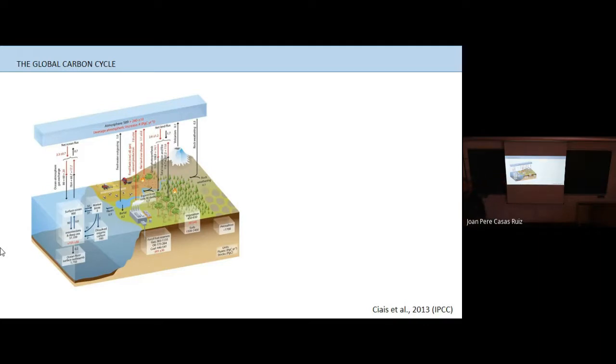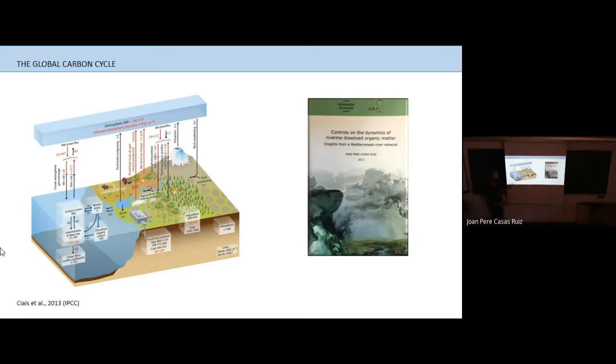It's what has been motivating my research from the beginning, because I did my undergrad and master's thesis focusing on the burial of carbon in reservoirs. Then during my PhD, I worked on the controls of dissolved organic matter in rivers, trying to understand the origin and the processing of this dissolved organic matter, and also paying particular attention to how DOM varies across space and time in rivers, from headwaters to the ocean, but also from drought events to storms.